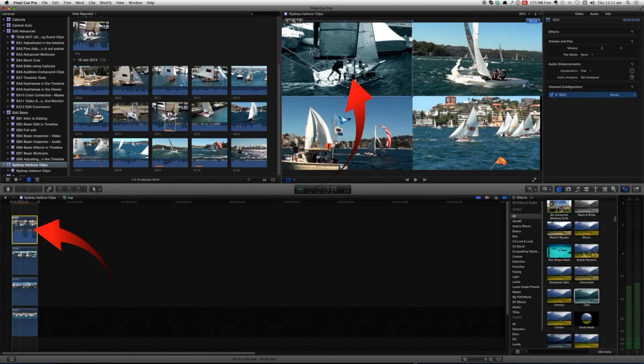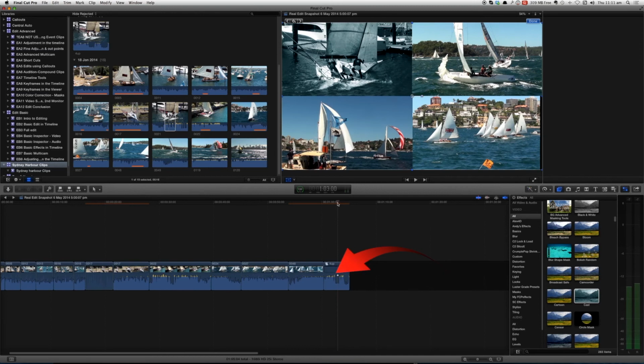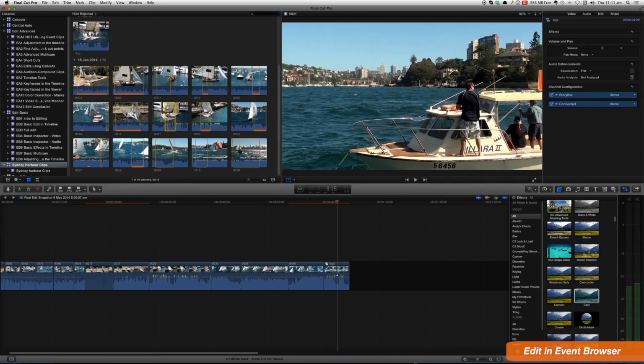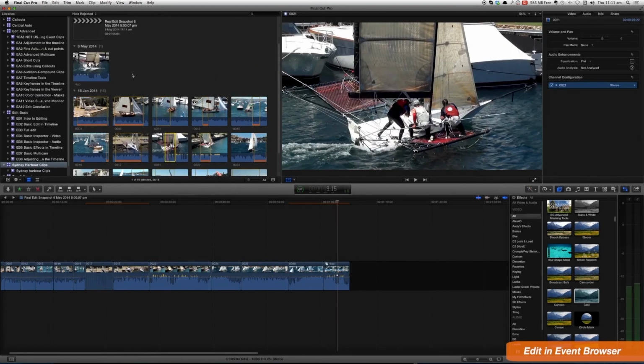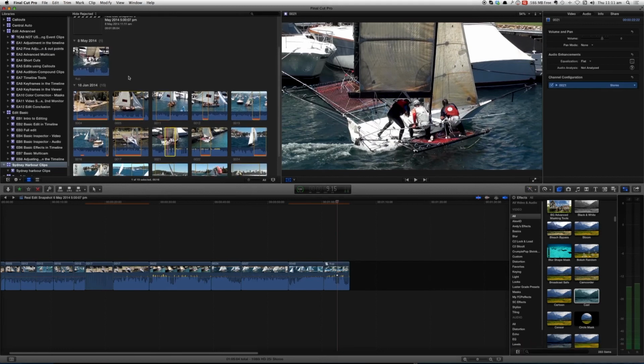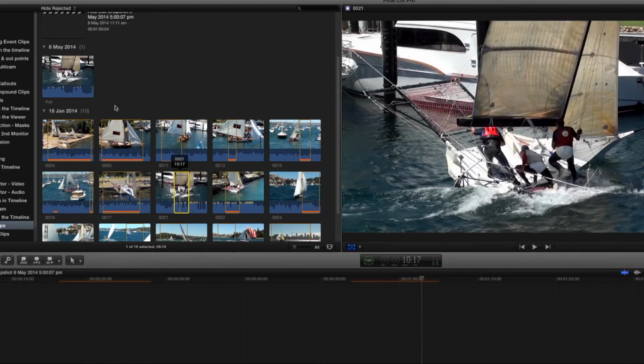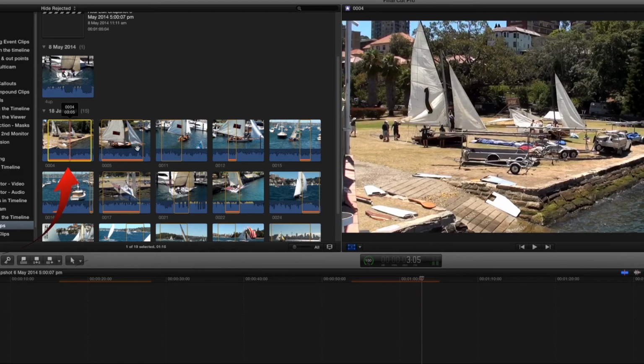There's the new clip, and if we go back to our edit and look at the compound clip in the edit, then there is the replaced clip. More so, you can do other things with compound clips. If in fact you want to create an edit within the browser and not in the timeline, you could select a number of clips,